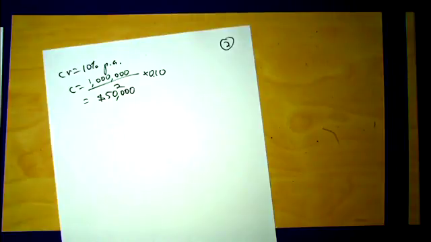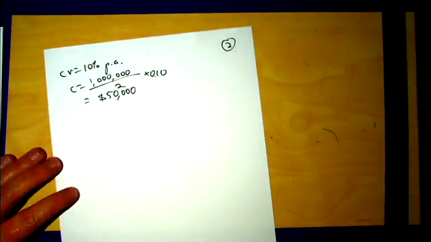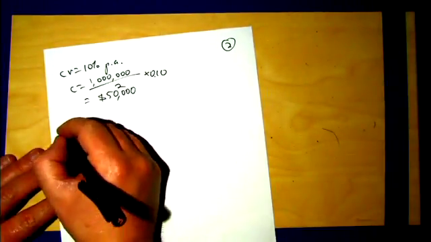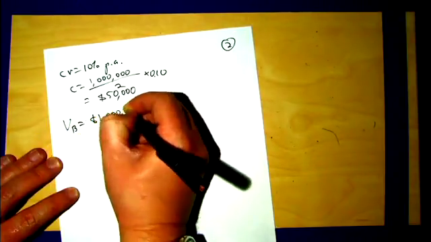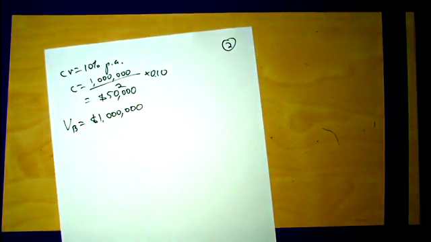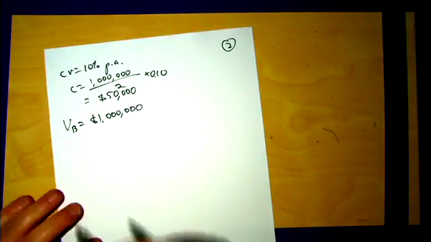So each coupon is worth $50,000. To work out the value of the bond, well, we know the value of the bond, I should say. The value of my bond is equal to $1,100,000, but that must be equal to the present value of the face value of the bond plus the present value of all of the coupons. So that gives me